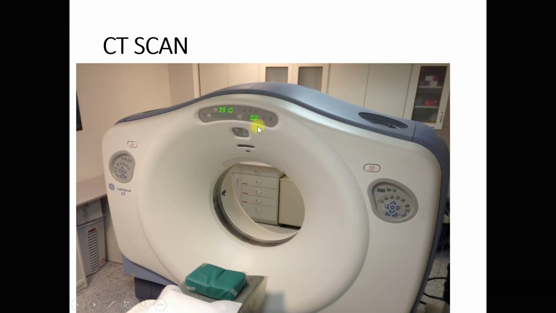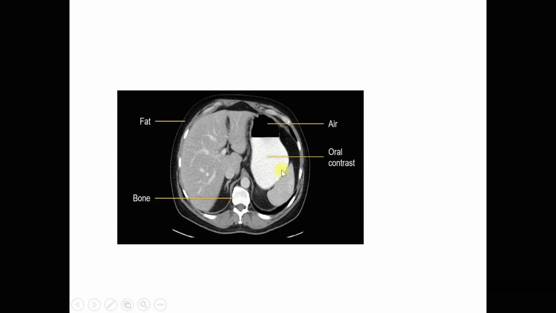This is a CT scan machine, and this is a cross-sectional image taken at the level of the abdomen. As you see here, there is a hyperdense structure which is oral contrast in the stomach, and here is another hyperdense structure which is the vertebral bone. And this is the subcutaneous fat; the black or hypodense structures are subcutaneous fat, and here is the air within the stomach,